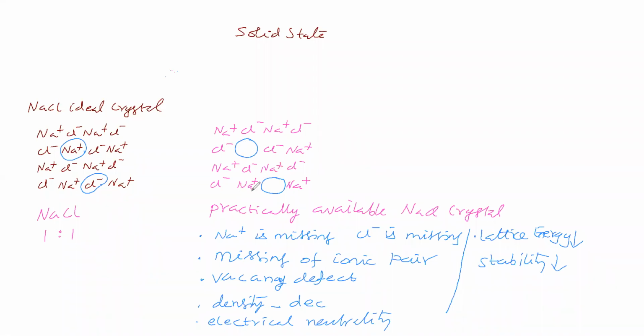This sodium chloride is an ionic compound. In the solid state, it contains ions. Will it conduct electricity? No. In the molten state, it will carry current because of the movement of ions. In the solid state, it is not a conductor. But in the molten state, it is a conductor because ions carry current. But in the solid state, it will act as a semiconductor. Due to what? Due to holes.